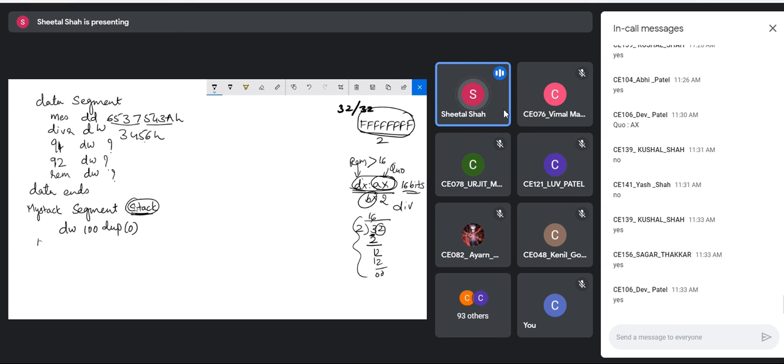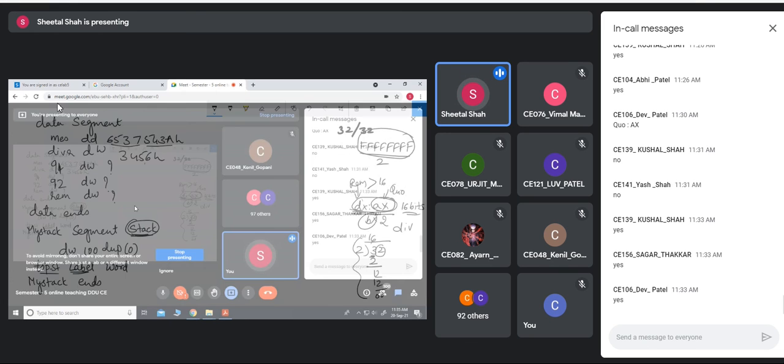Then I have to declare some name to the top of the stack. So TOP_ST, and I have to provide some label to that. I mean the label I am providing is TOP_ST, and it should be at the next even address. So I have to write here EVEN. Then end the stack segment by writing MYSTACK ENDS. Okay, this is how the stack segment should be declared.